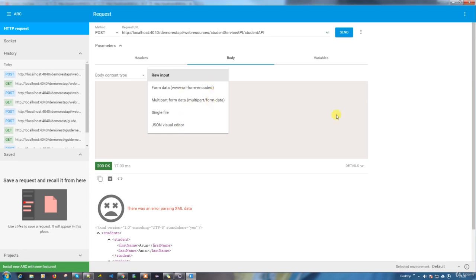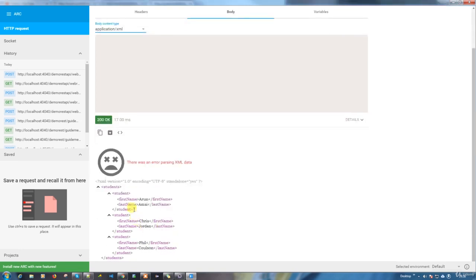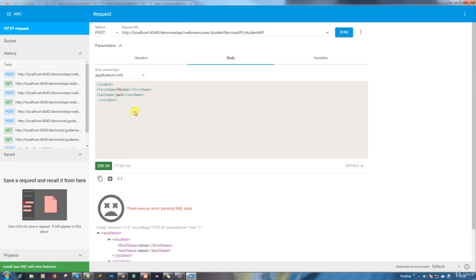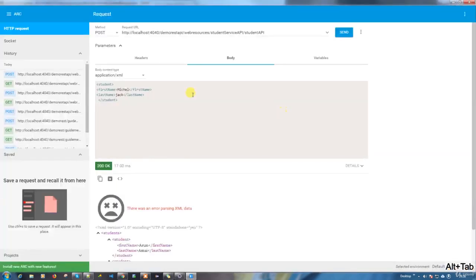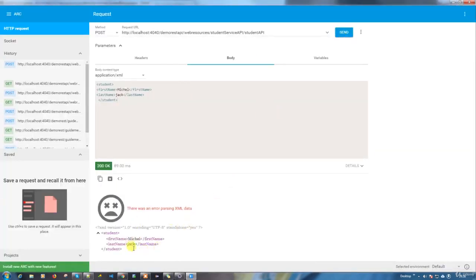It's not raw input, it's application XML. So let's take this. For the user, for example, we can say Michael Jackson, Michael and Jack. When I hit the send button, it has to call our create new method, and it will add the student into the existing list and return the same student. Just send. See, we got the